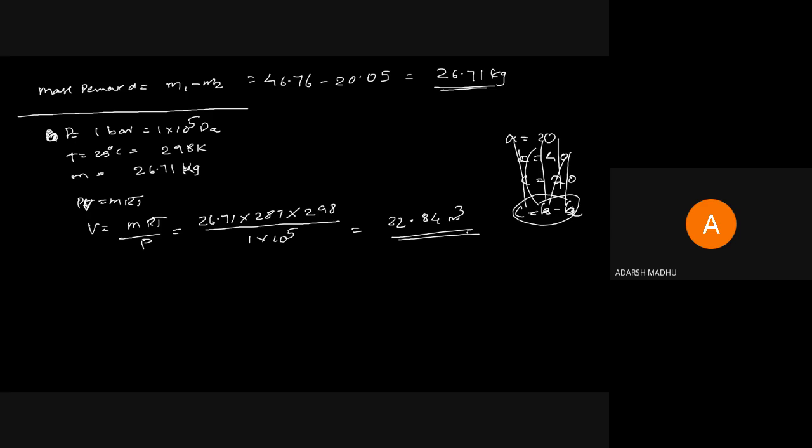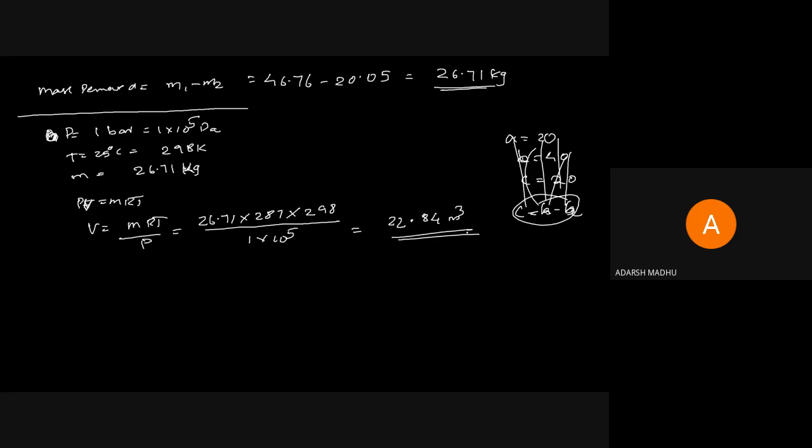And like this, simple problems will be asked in this section. In our mass and volume problems, the only equation you want to use is PV equal to MRT. In every problem you want to use the relation PV equal to MRT, but in some cases you want to choose the characteristic gas constant and the universal gas constant separately. This particular question is for ideal gas only. There is no case of molecular weight, the molecular weight is not given, and the number of moles is not given.